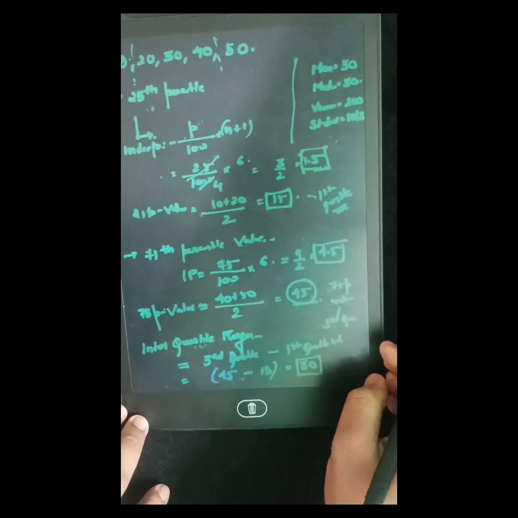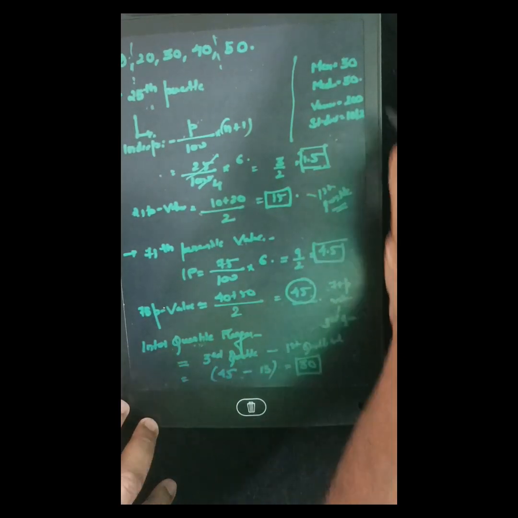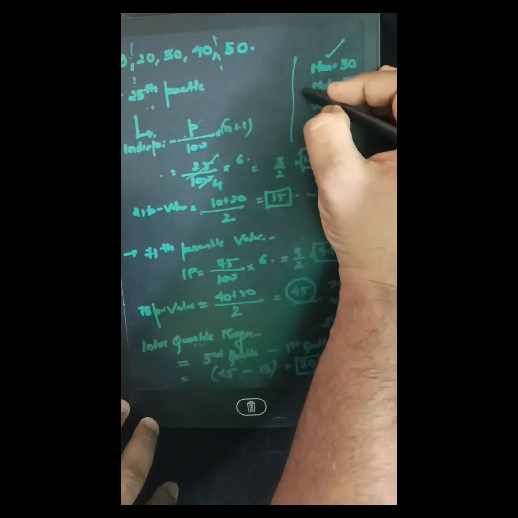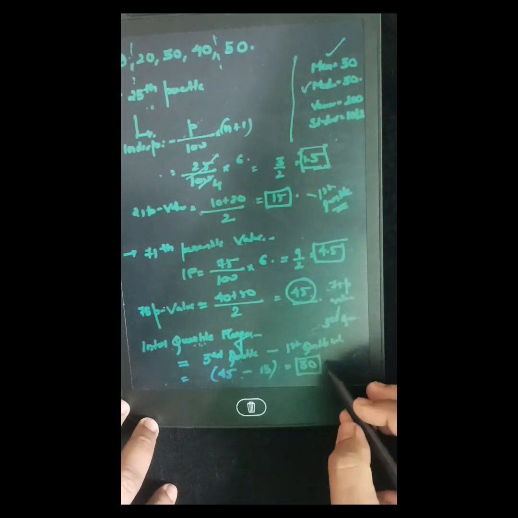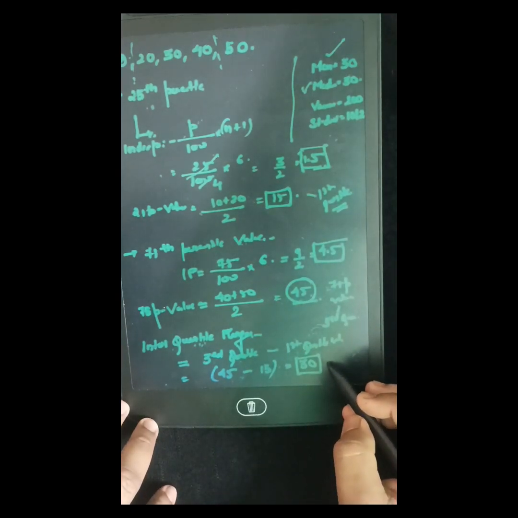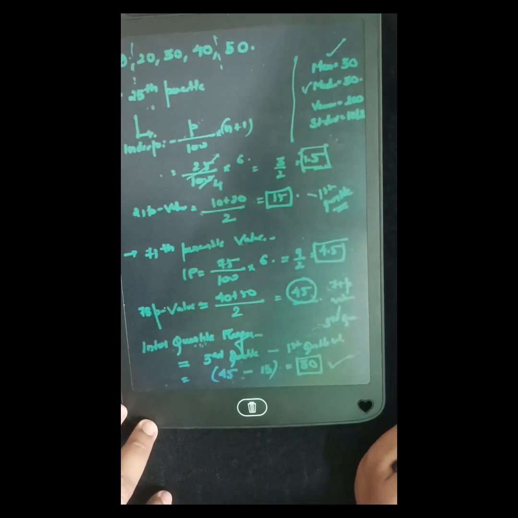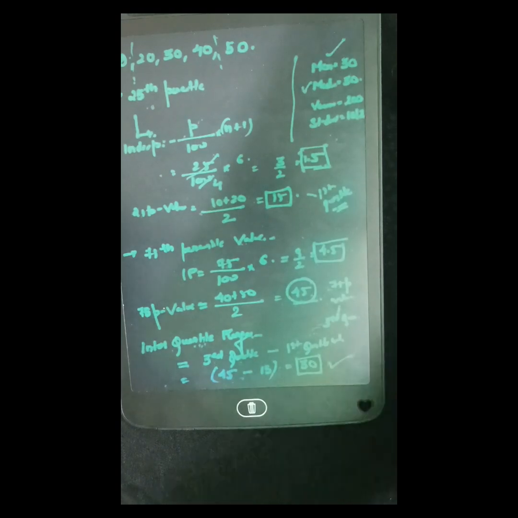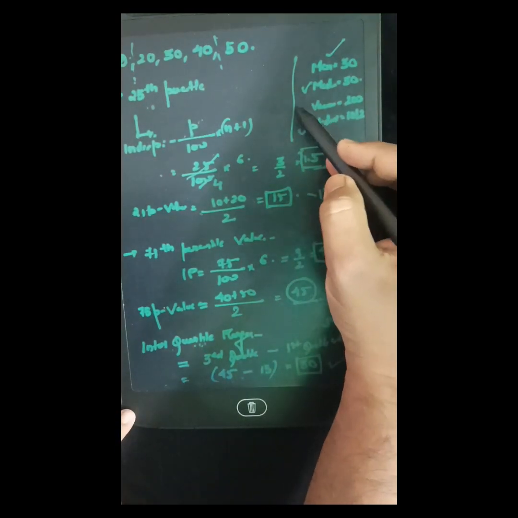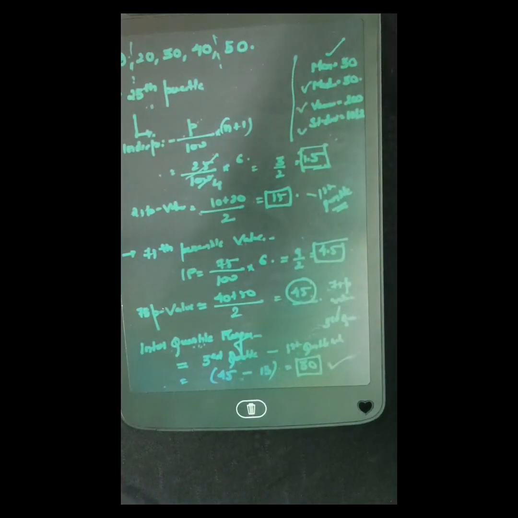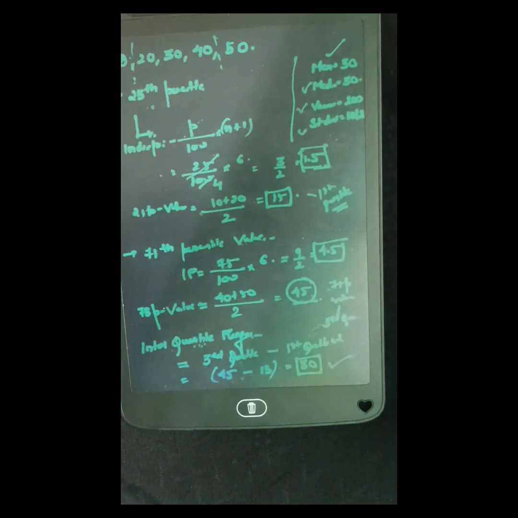So see, what a coincidence this is. We have the mean to be 30, the median to be 30, the interquartile range to be 30 in this data set which we have taken, and the standard deviation was 10 root 2, the variance was 200. Okay, so we shall keep these inferences or conclusions in mind, and let's take a scenario